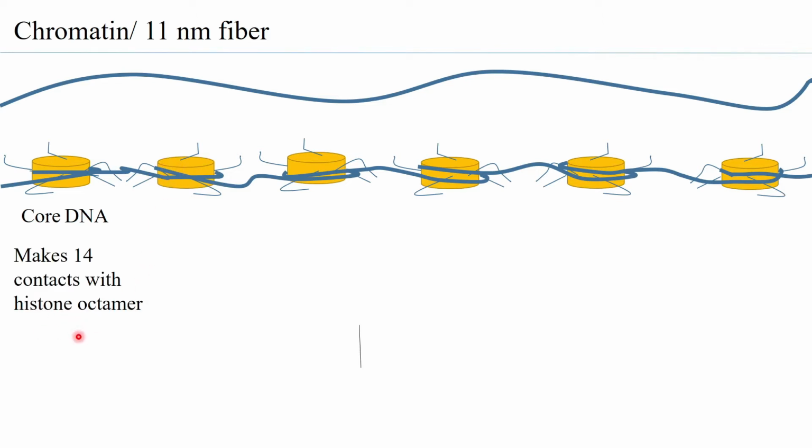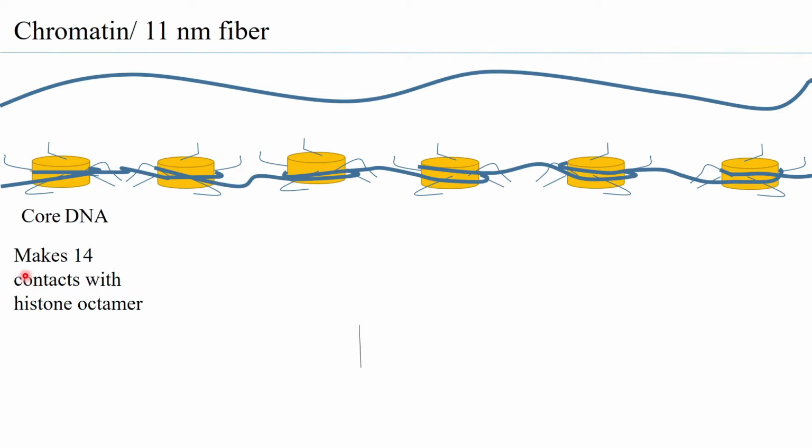Histones are basic proteins and therefore have a positive charge, while the DNA has a sugar phosphate backbone which gives it an overall negative charge. So the interaction is purely between the positive charge of the histones in the nucleosomes and the negative charge of the DNA. That interaction brings it together.